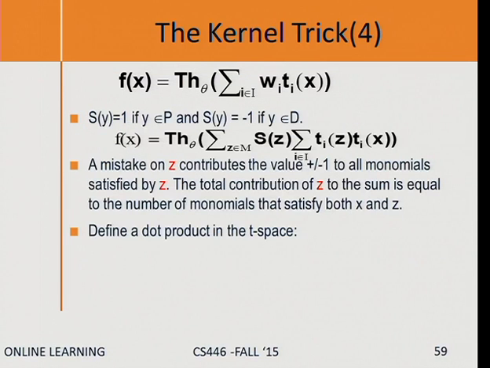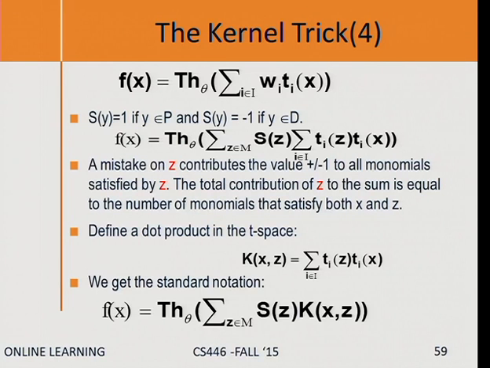So let's just write it. This is just saying in words what's happening here. But I'm going to give it a name, this dot product in the t space. What has happened here is I took z, which was an n-dimensional vector, and wrote it in the t space, as a 3 to the n-dimensional vector. And then I did the same thing with x. And I computed the dot product in this t space. OK? It took me a long time to write it, but it doesn't matter. I'm going to denote this as K(x, z), which is the kernel computed on these two points, x and z. So now it gives me the standard notation.